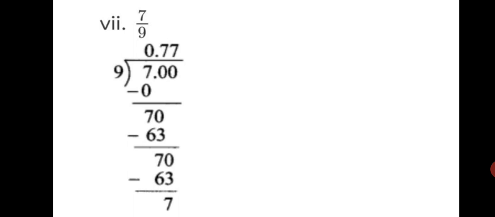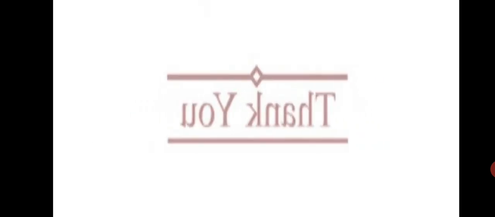0.7, and what will you put, a horizontal line or a dot? Yes, you guessed it right. You got it. Your answer will be 7 upon 9 is equal to 0.7, with a dot on top of 7, saying that 7 is repeating itself. Okay, this is how we have solved our practice set number 24. Do solve it in your book. Okay, stay safe, keep learning, and thank you, students.